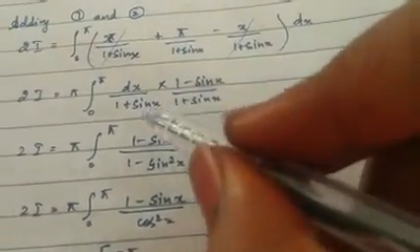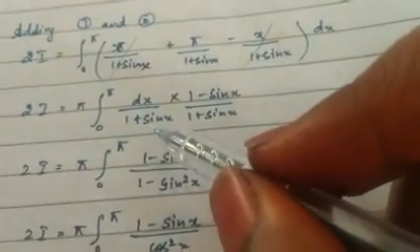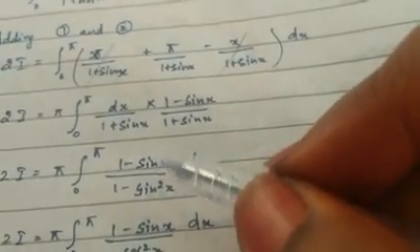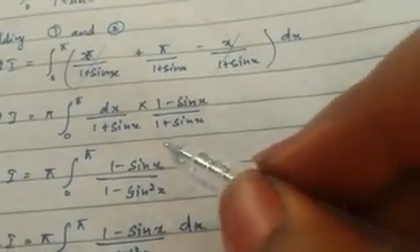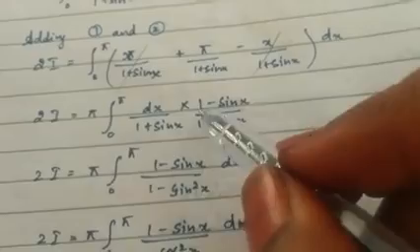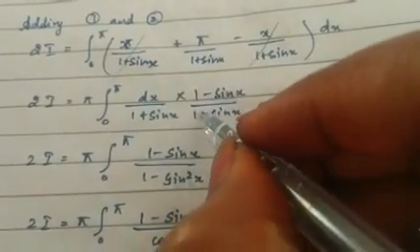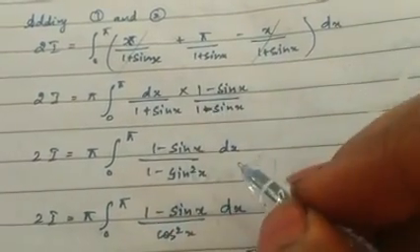Now when you have 1 plus sin x in the denominator or 1 plus cos x in the denominator, you can conjugate or you can apply the formula for 1 plus cos x, that is also correct. For 1 plus sin x, you can do conjugation. Therefore it is 1 minus sin x divided by 1 minus sin x.